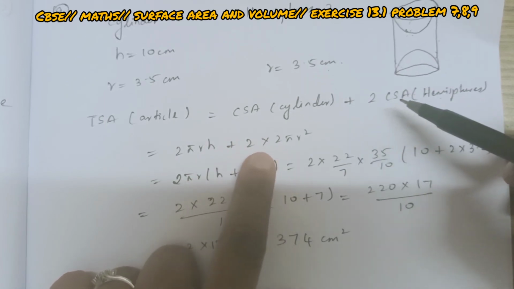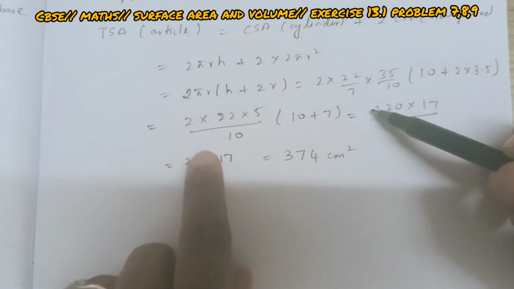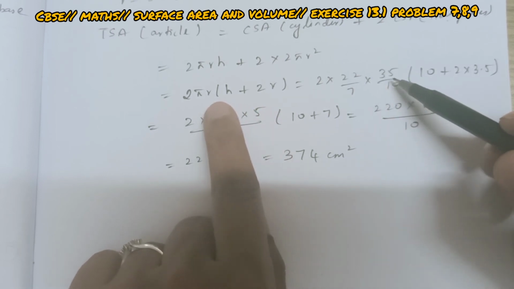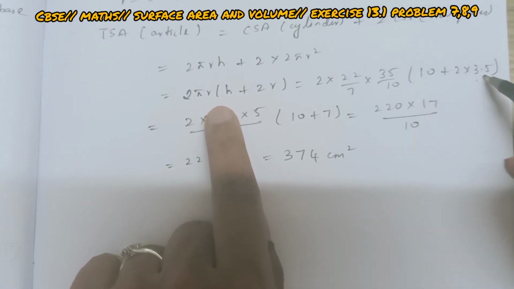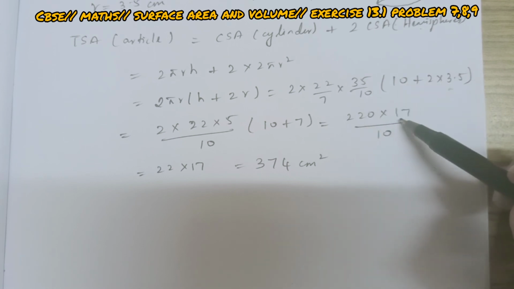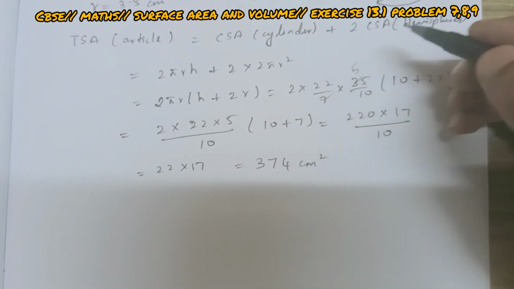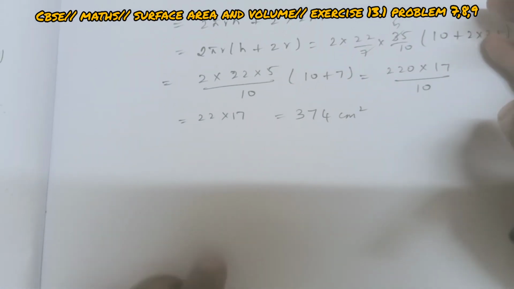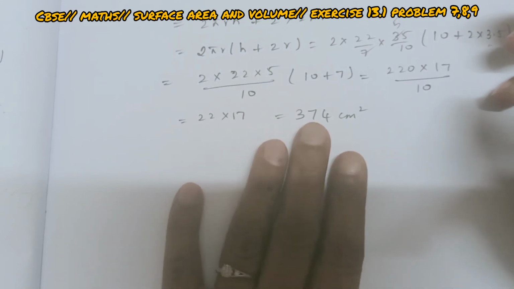So you can also write it as CSA, surface area of a sphere, 4 pi R square. Take common terms like I have told in the previous problems, and for R, for the first case I have written 35 by 10, but inside the bracket I have written 3.5. So when I multiply, I will get 7, 10 plus 7 will be 17. Here this will get cancelled. You will get 5 without the decimals. That's why I have written like that. You write according to your convenience. Here I don't have any rough work calculation at all. I am getting the answer. Okay.